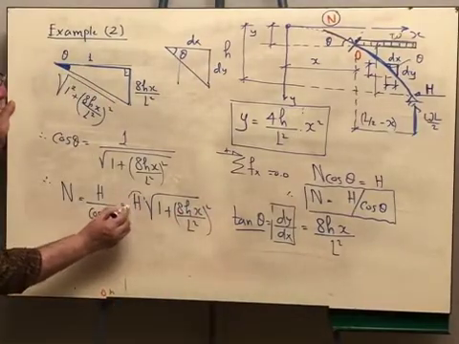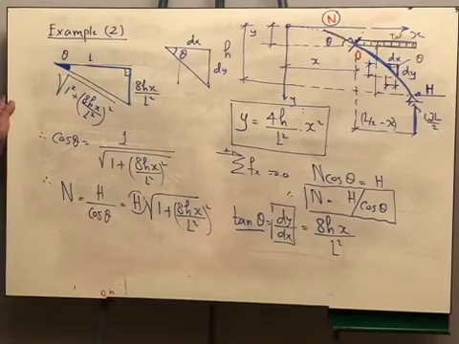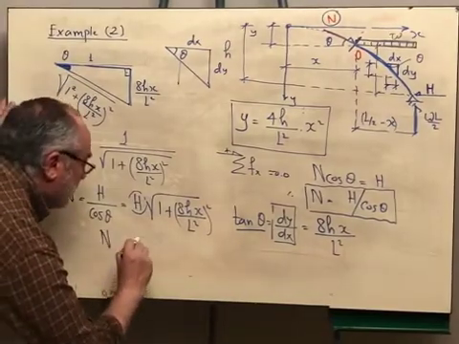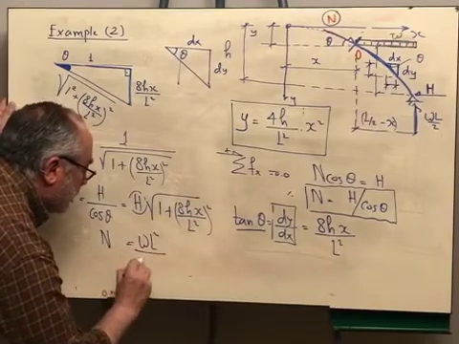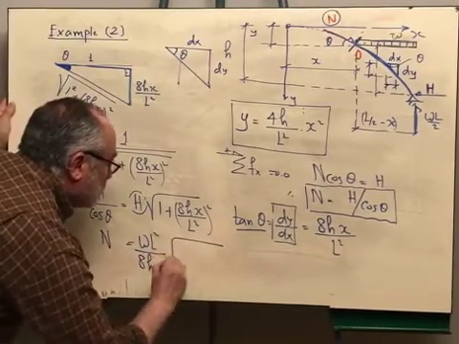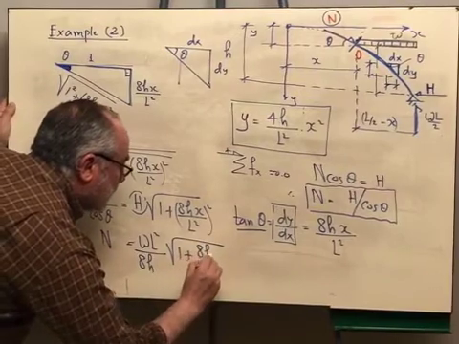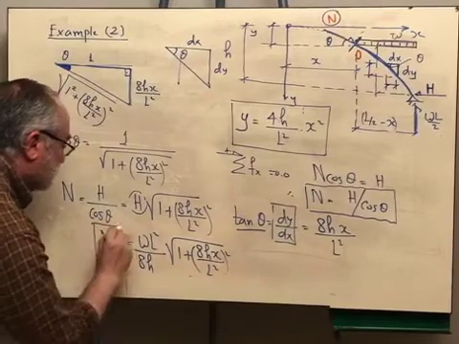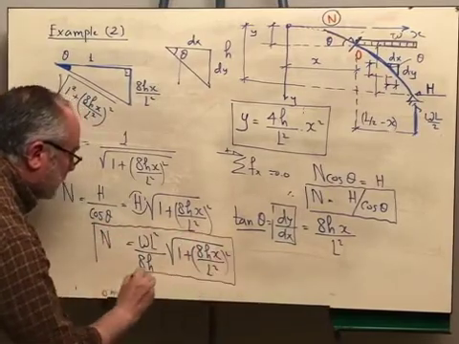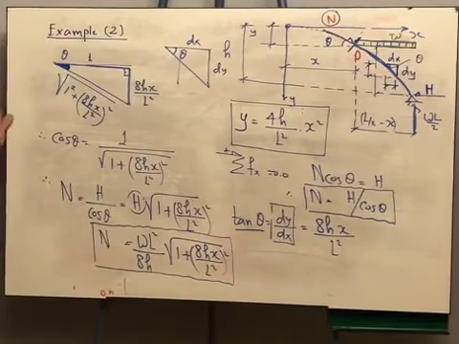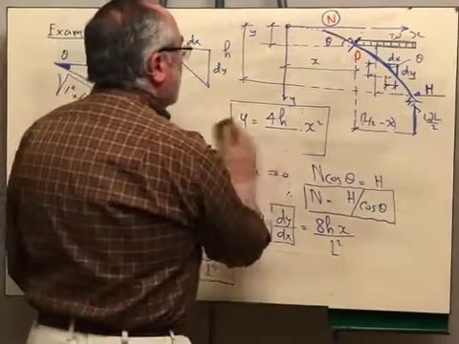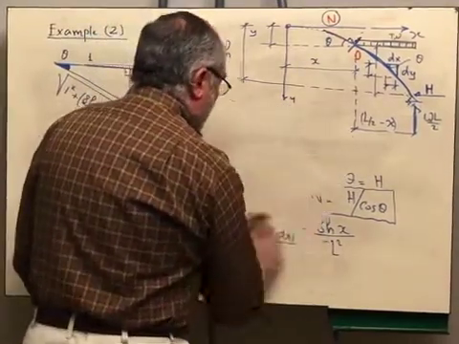But we proved together that H is equal to W L square over 8h. So the value of N is equal to W L square over 8h times root of 1 plus 8h x over L square whole square. This is the magnitude of the normal force. According to the value of x, you can determine the normal force. You will find that if we plot the normal force value,